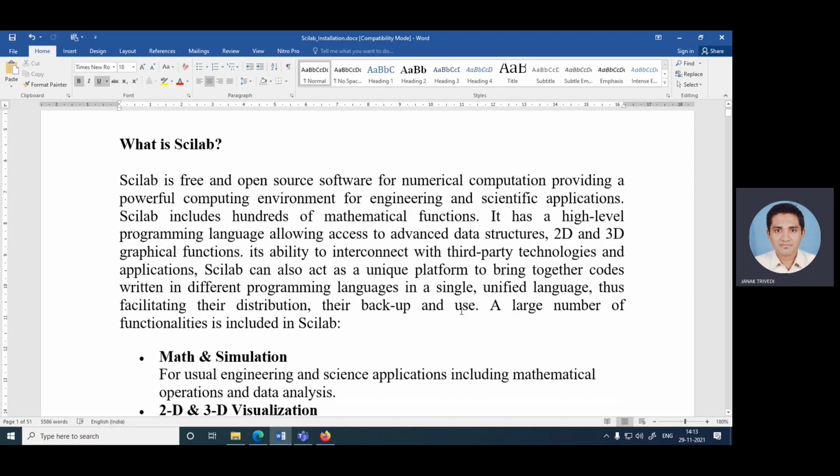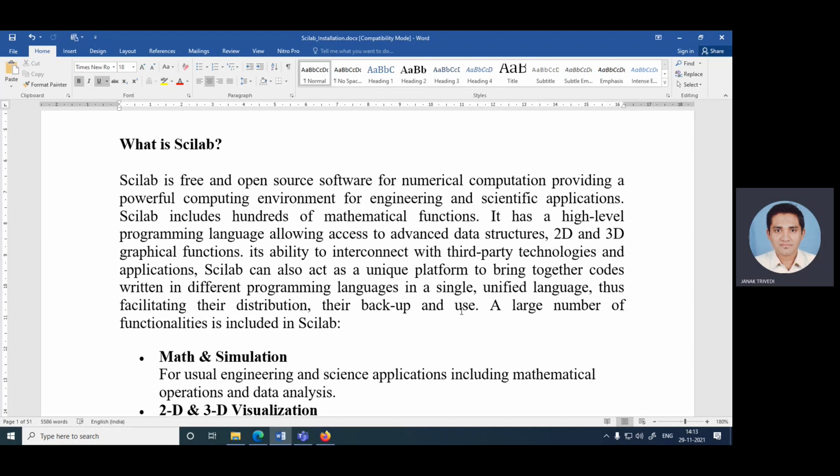Scilab is a free and open source software for numerical computation, providing a powerful computation environment for engineering and scientific applications. Scilab includes hundreds of mathematical functions.